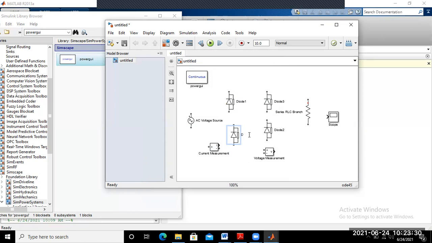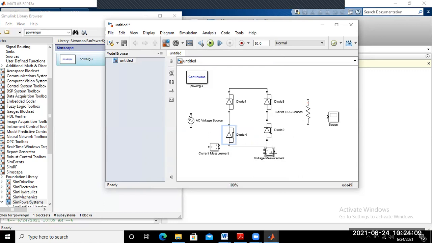Now you connect, so we can connect from here to here, and again diode 3 and 2. So this and this connect from this one. And diode 2 and 4 is just connected in this way.